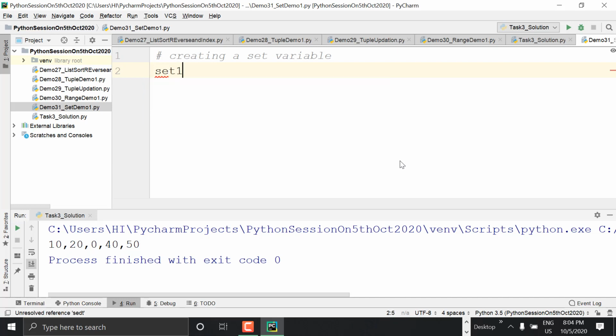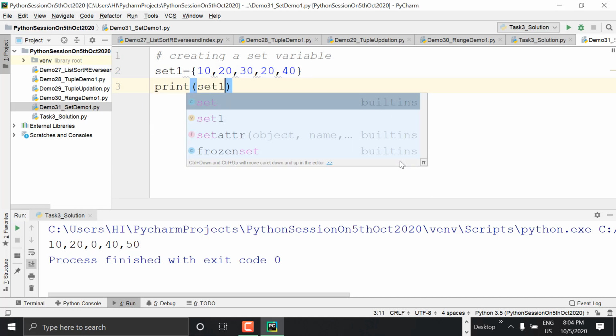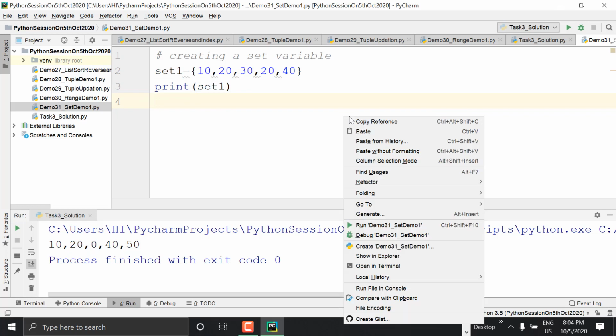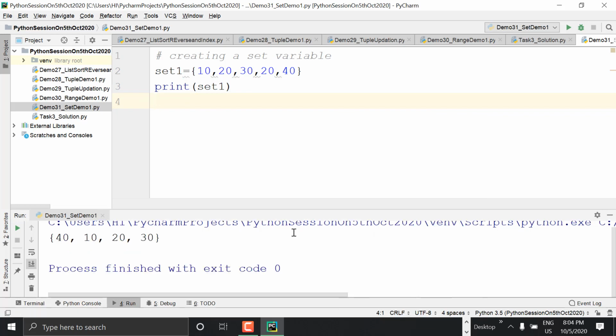Next, I'm creating a set variable with the set function. ch1 is equal to set of "hello".